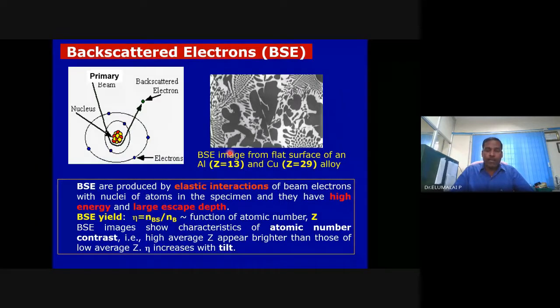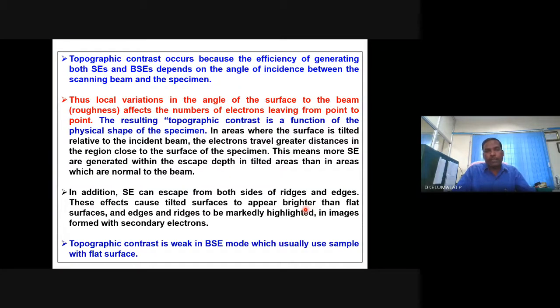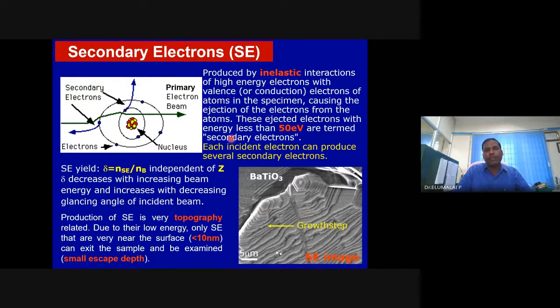If you note the standard secondary electron, but if you know the intensity of the backscattered electron, you get much better information. You'll be able to distinguish nearby elements. With the intensity of backscattered electrons, you'll be able to distinguish aluminum and copper. Both are metals. The intensity of the backscattered electron is highly dependent on the atomic number, whereas the intensity of the secondary electron is independent of the atomic number.